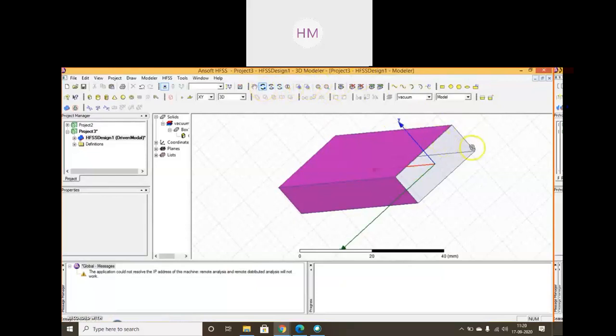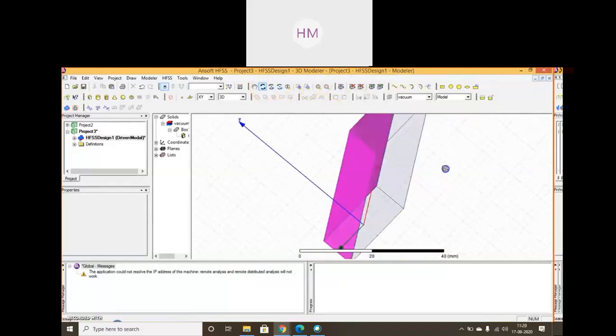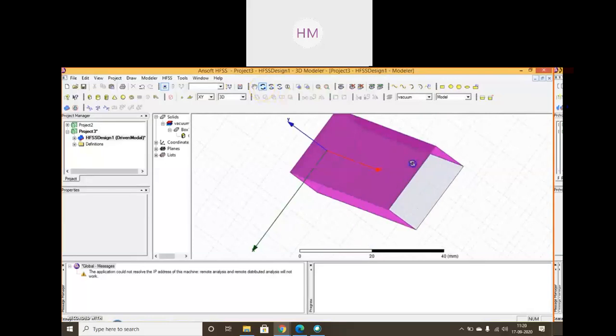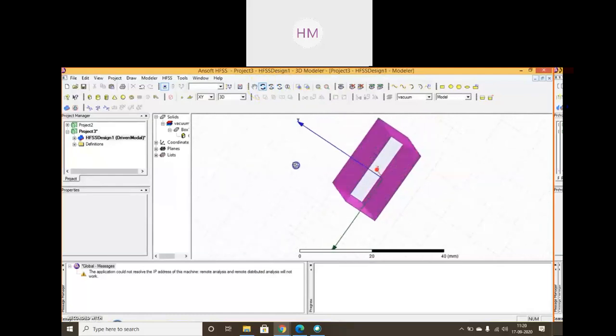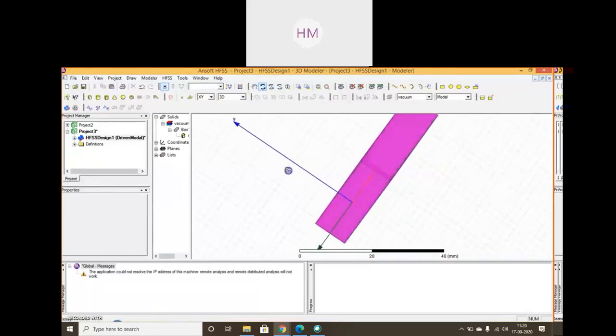Clear? 2 faces we have selected, shown by purple color. It's visible. Remaining 2 faces, I will select. Third face selected. Now I will select the 4th face. So you can rotate your image properly and you can select. This is the back one of a rectangular box. So we have selected all the 4 faces. You can see the waveport sides are empty. It's a hollow box. All the 4 faces are selected.